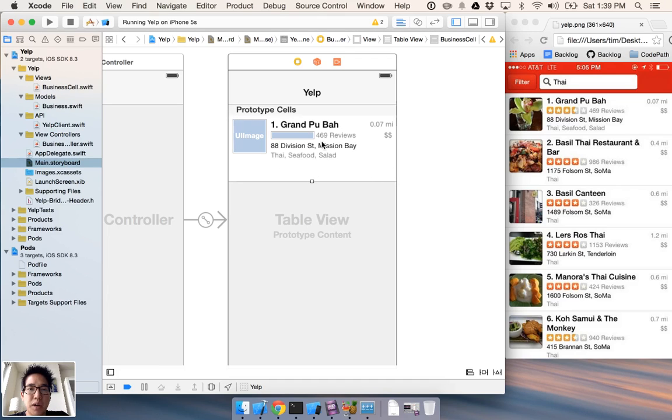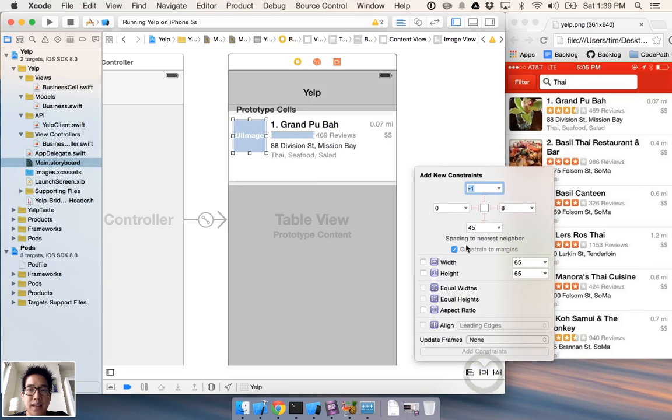Don't jump around and add constraints, because it's hard to inspect once there's a bunch of constraints added in here. So I'm going to start with the image view, and I'll throw in the left and top constraints, make that 8, and then add in my size constraints. And there's actually a constraint technically to the bottom as well,